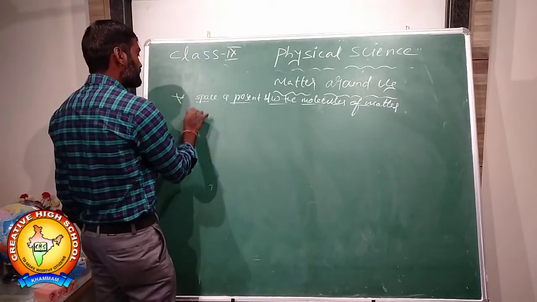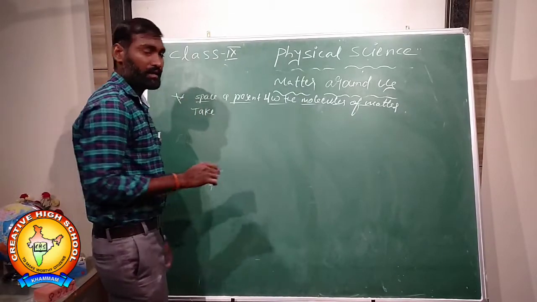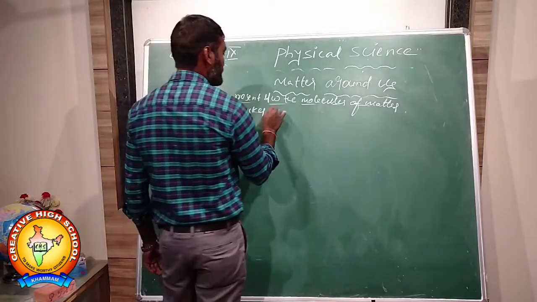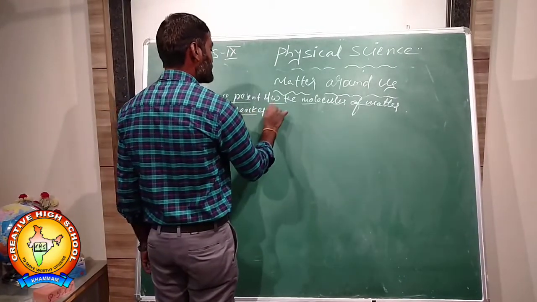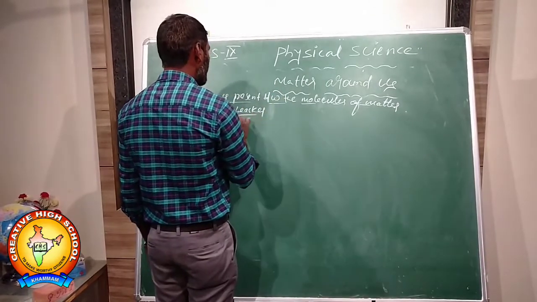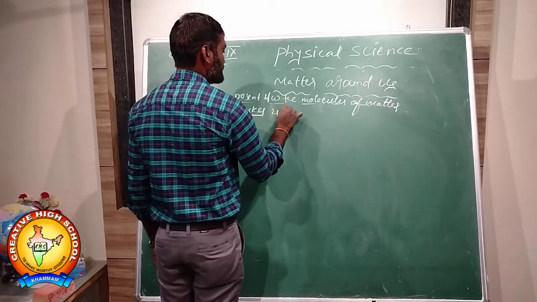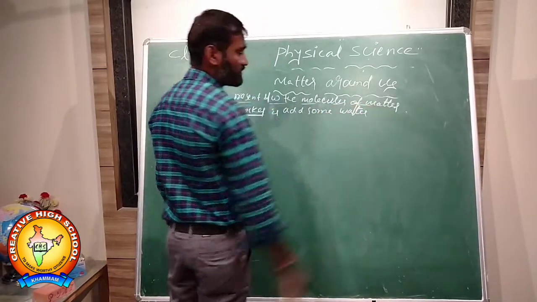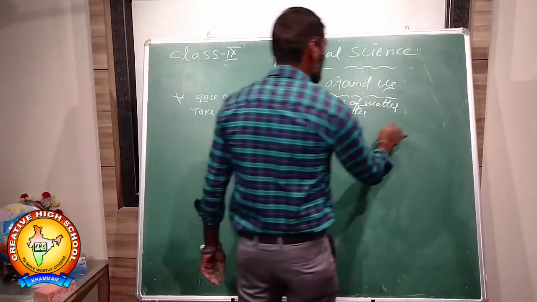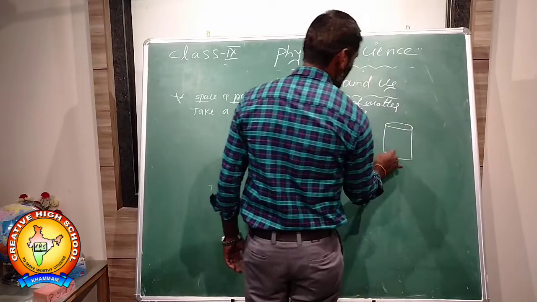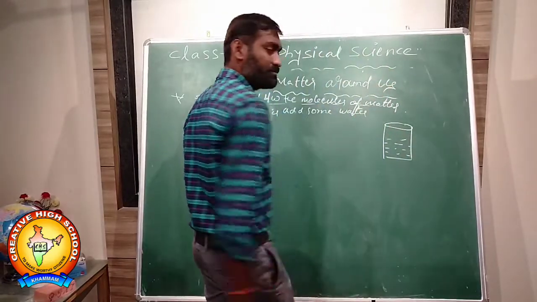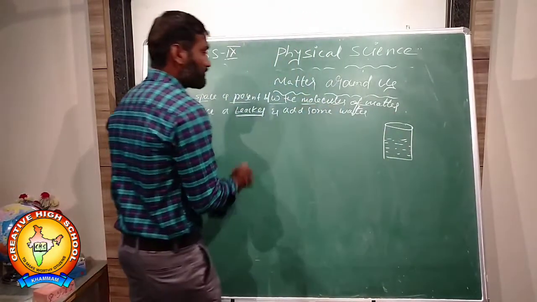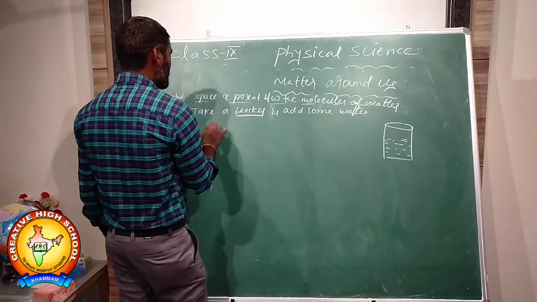Now take a beaker and add some water. Fill it up to half with water. So this is a beaker, and in that we can add some water, up to here. After adding the water, some time later,